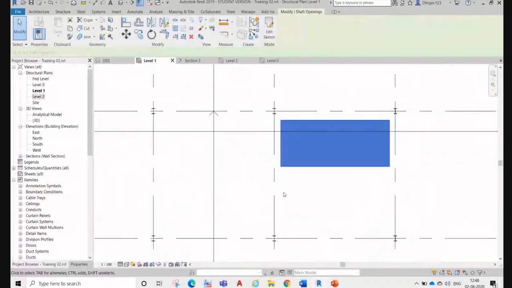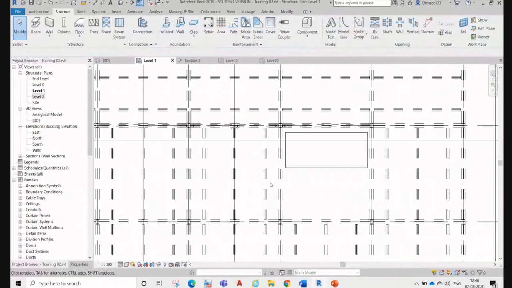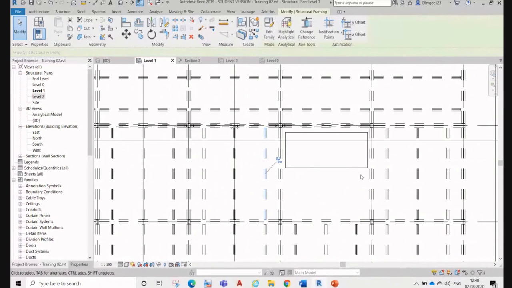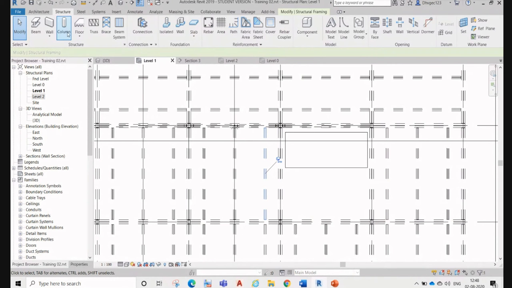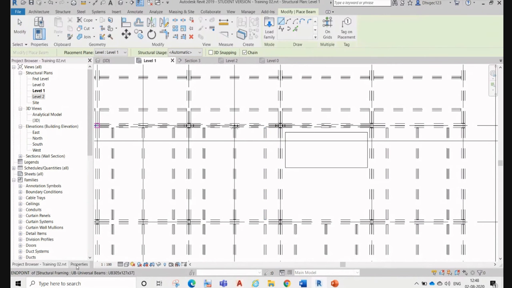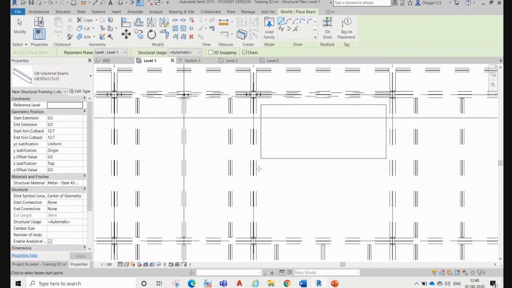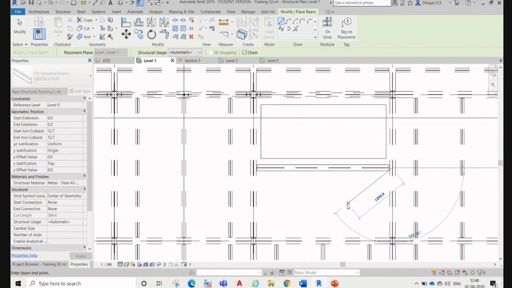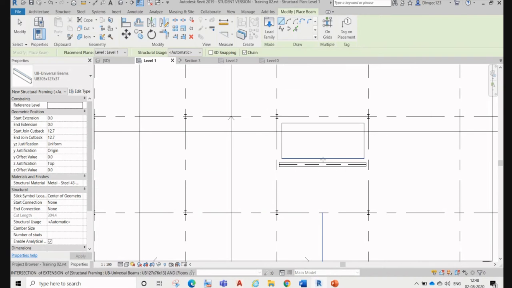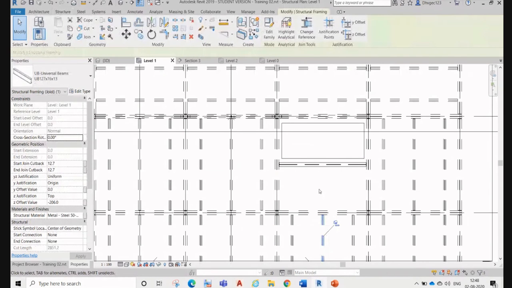But for this area we have to provide a new beam system, so that beam system can support this slab. Okay, so for that purpose we have to draw some beam over here. Steel beam. Whatever we make from here to here, and one beam, then the same.